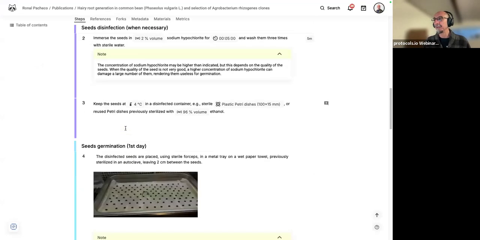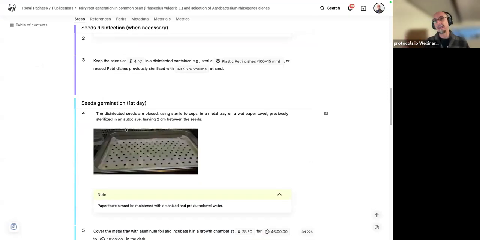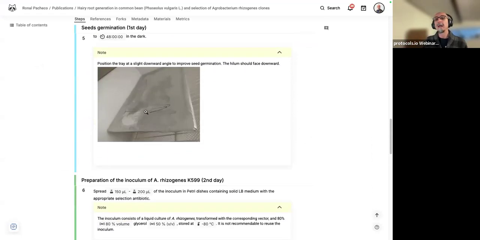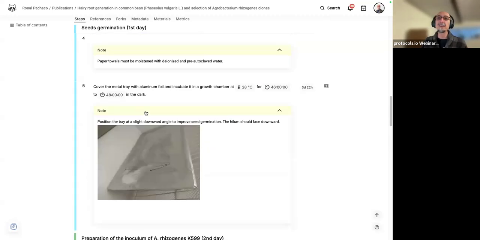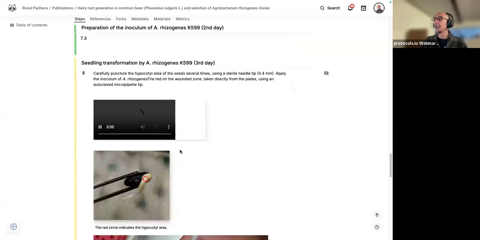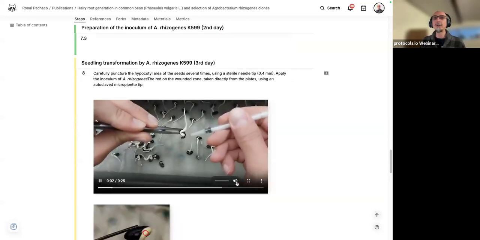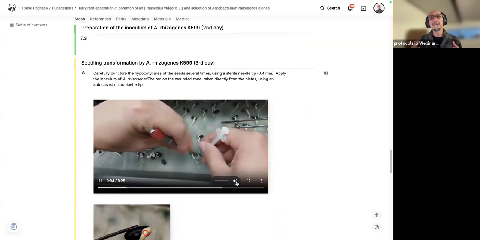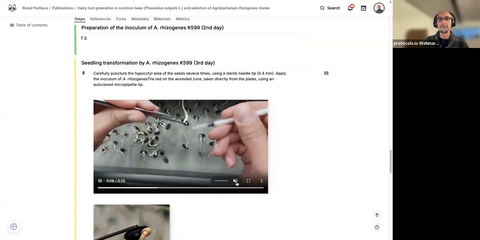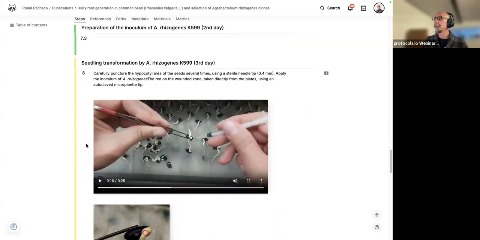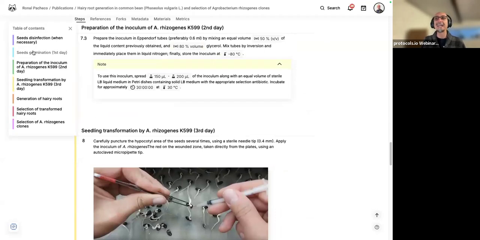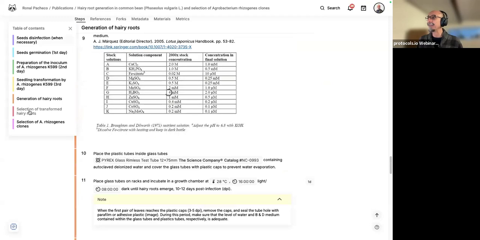The protocol itself is written in a recipe-like, step-by-step fashion with a lot of detail. The protocol can be supplemented with images, pictures, tables, and even videos that you can play while running the protocol if there are steps that might be complicated to explain with text. Different sections of the protocol can be coded in different colors, creating a table of content that I can navigate.